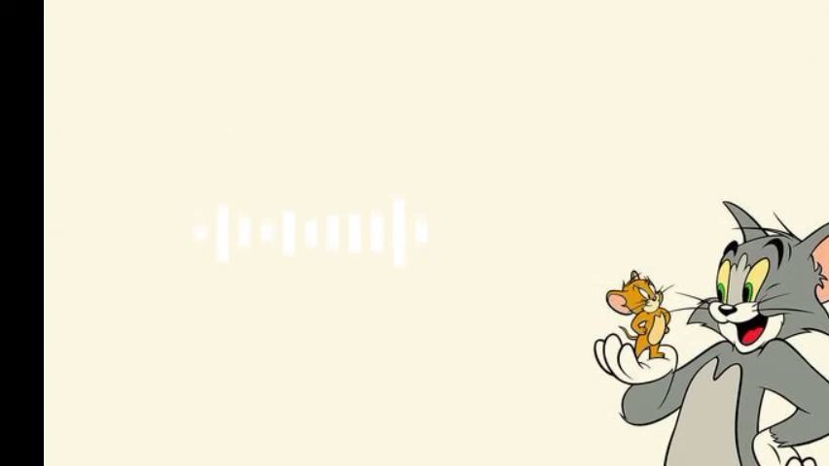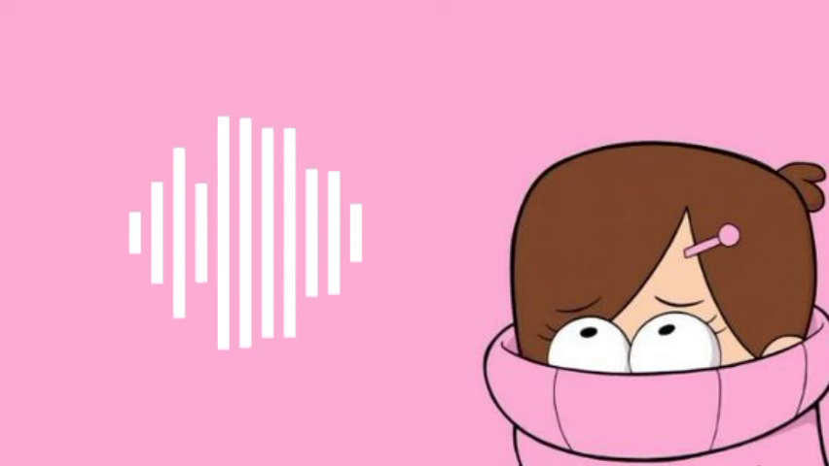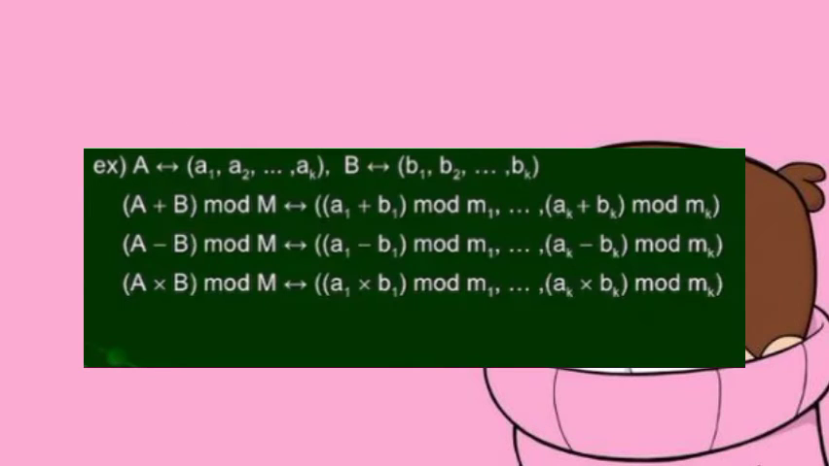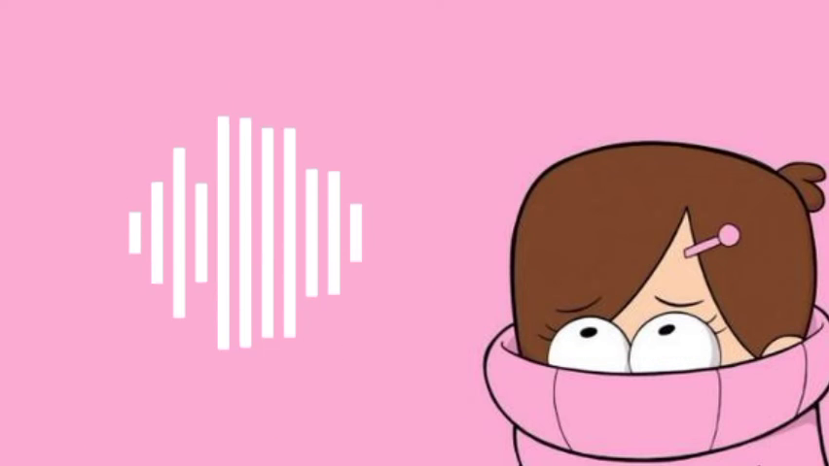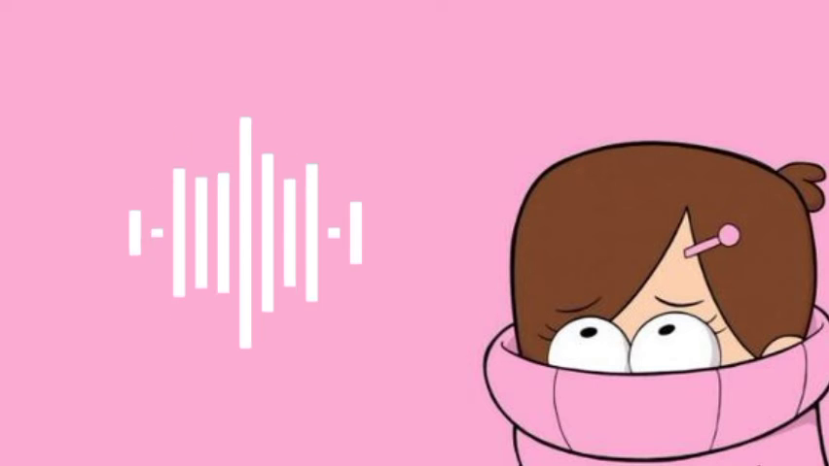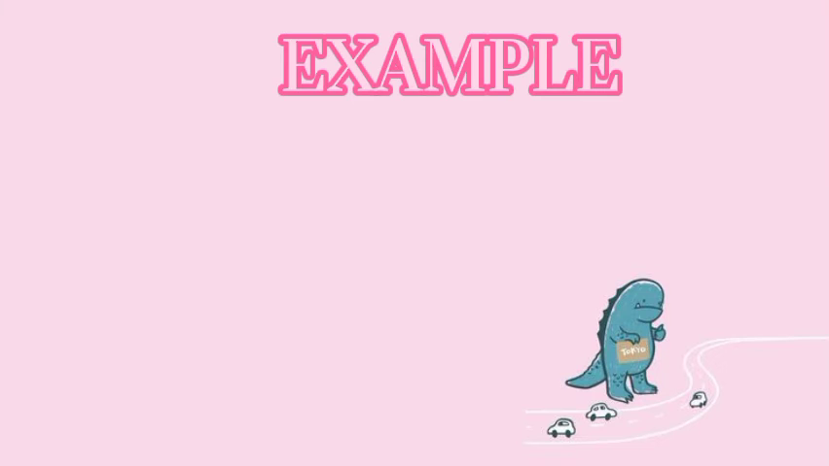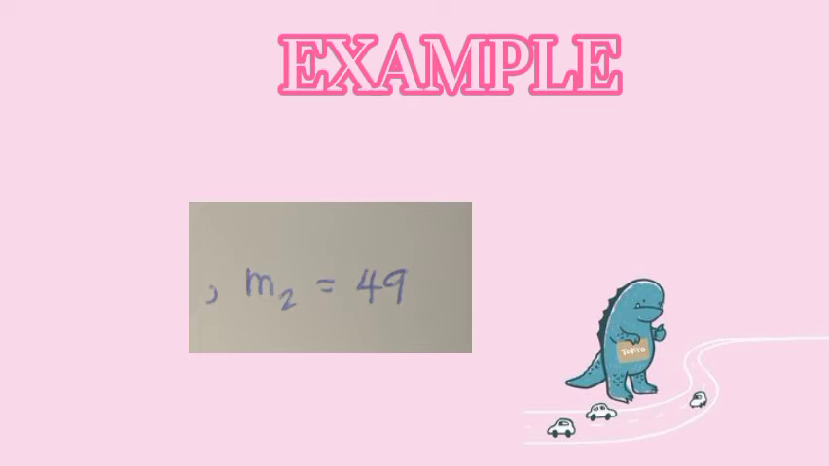Operations performed on the elements of Z sub m can be equivalently performed on the corresponding k-tuples by performing the operation independently in each coordinate position. Just take a look at this example. CRT, or the Chinese remainder theorem, provides a way to manipulate potentially large numbers mod m in terms of tuples of smaller numbers. Example: let m sub 1 is equal to 37, m sub 2 is equal to 49,